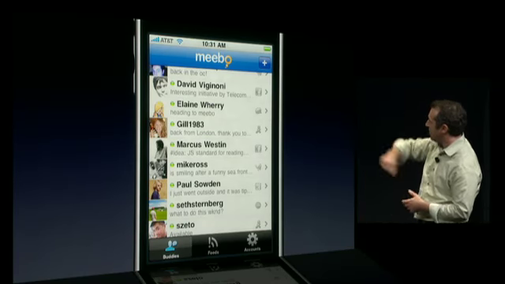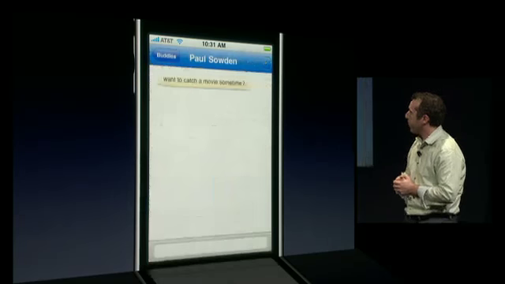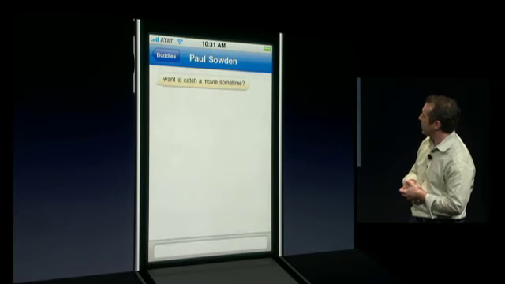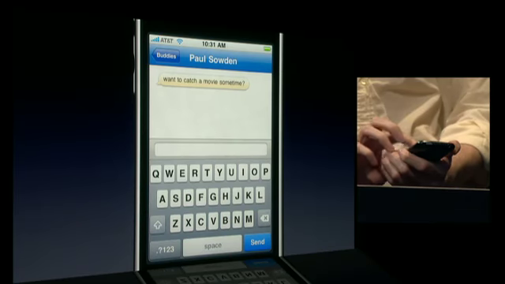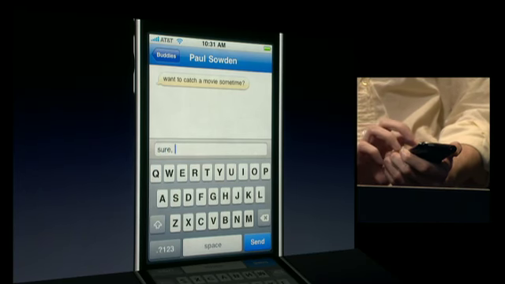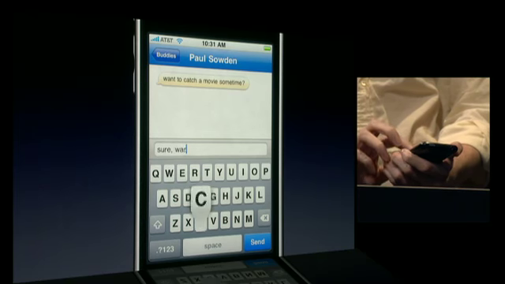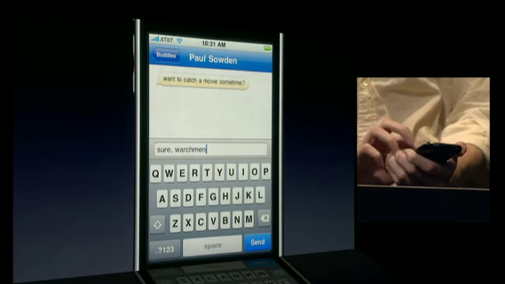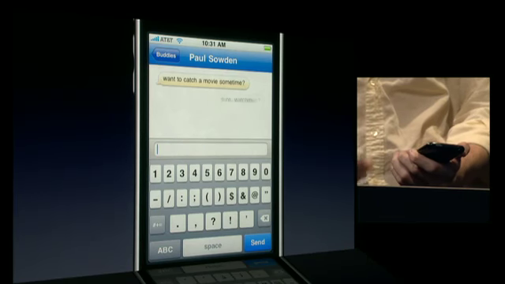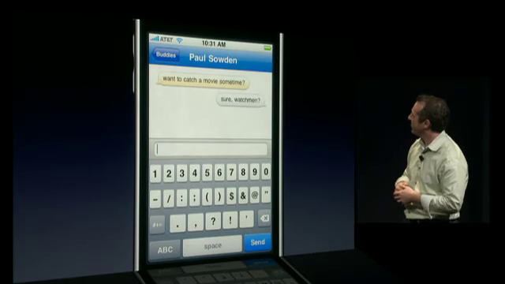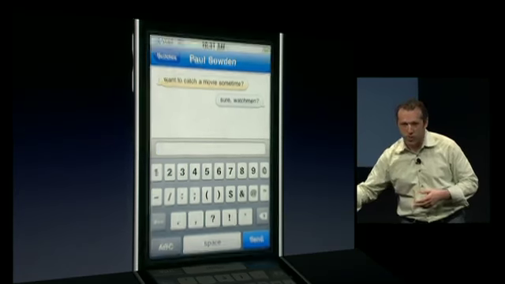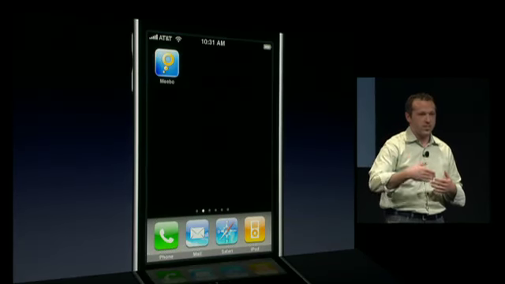So why don't we go ahead and tap on Paul's name there. And it looks like he wants to catch a movie sometime. So let's go ahead and say, sure, Watchmen. Awesome. Now, of course, you may be wondering, why did Meebo wait until now to build